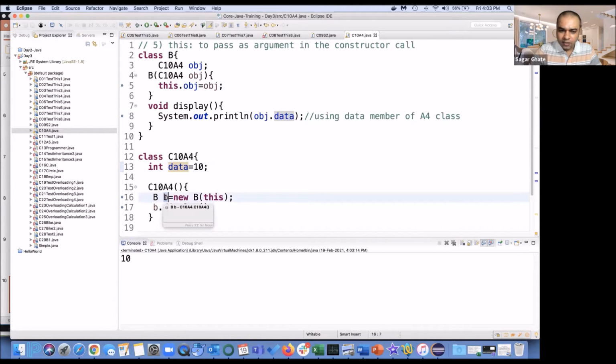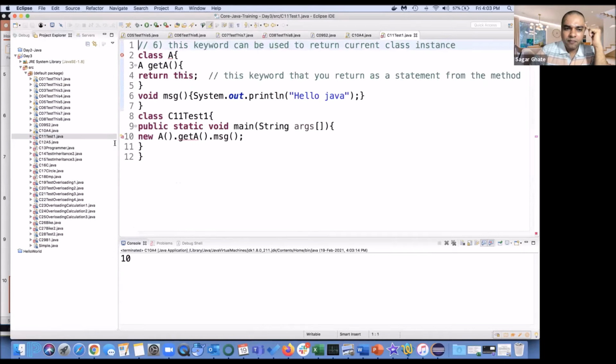So when it was here, the object passed was object B of class B. And when we came here, again, this object was the current object of class A. Okay, moving to the next program.